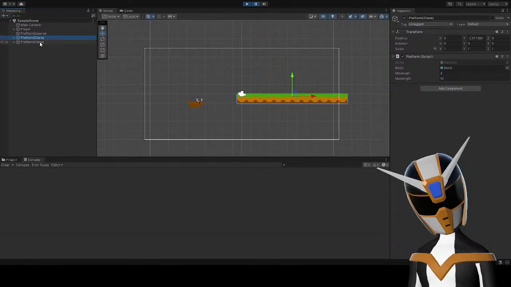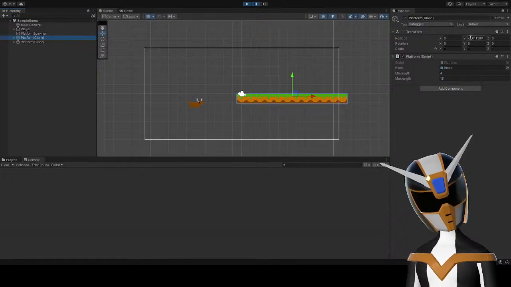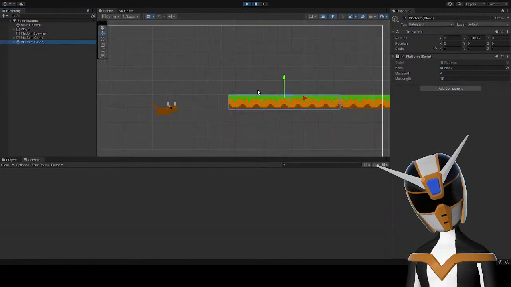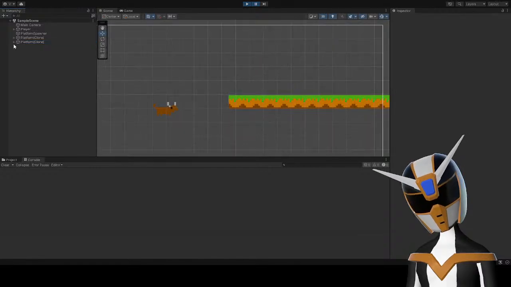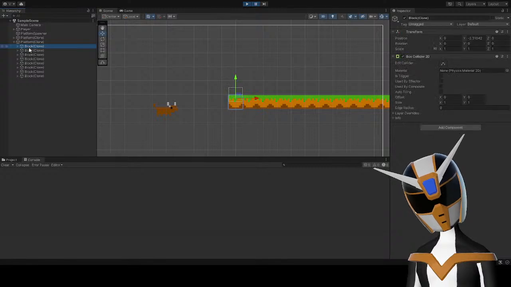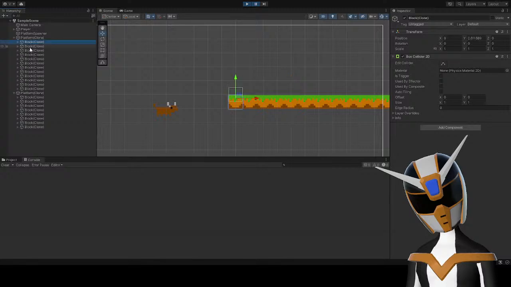Why is it saying there's a different Y value? If this is saying it's at Y negative 2.6, and this is saying it's at Y 2.3, but they're clearly in the same place. I don't know what's going on here. Am I going crazy? What did I do wrong?